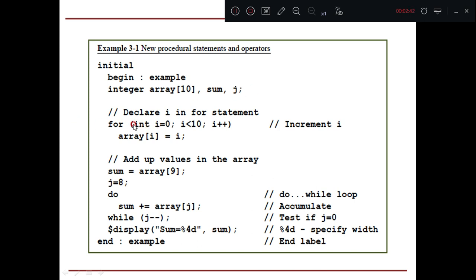And then see here, i is declared as int, and the data type of i is declared within the for loop itself: int i, i less than 10, i plus plus. And this is an assignment statement. And sum is equal to array of 9; a do and while loop has been used. And here the decrement operator, and here we have the increment operator, and after displaying we have end example.